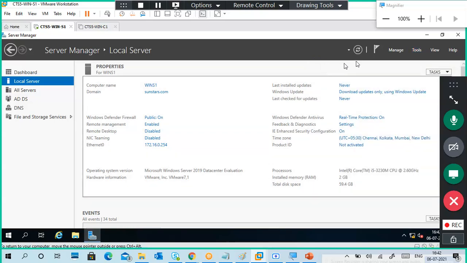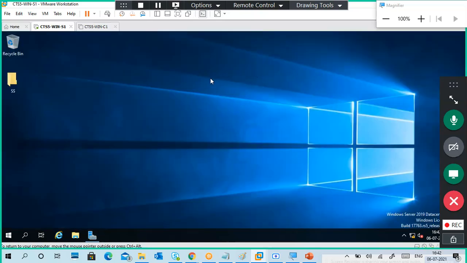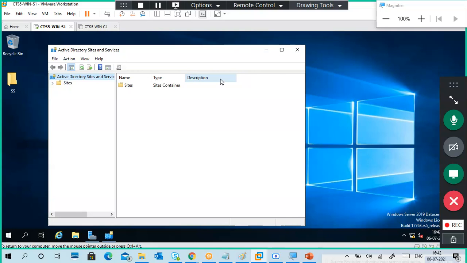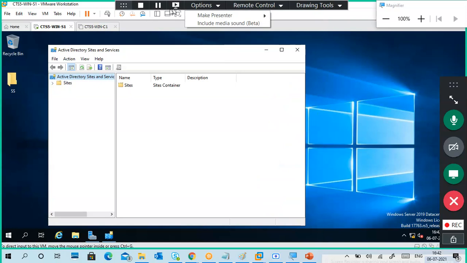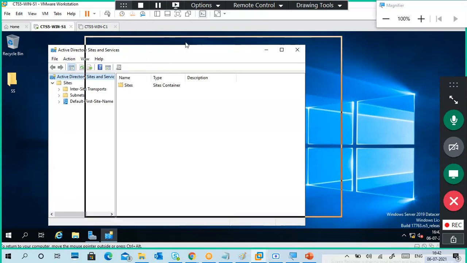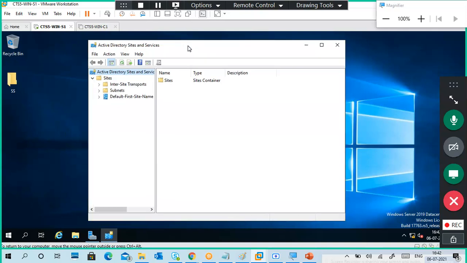By default we are in a default site. This is a number one, this go to meeting. Okay, okay, so no magnifier, nothing in this one.